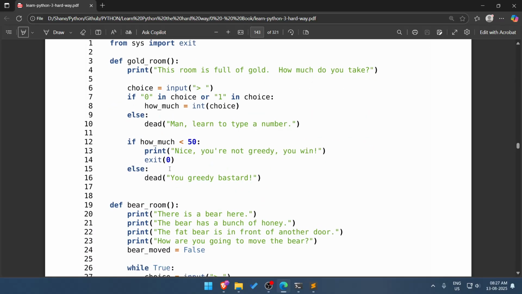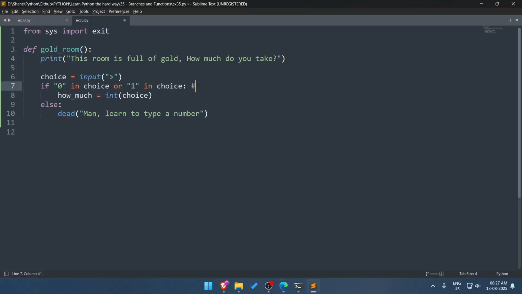Okay. If how much... Okay. So checking for character 0 or 1 in the string choice.